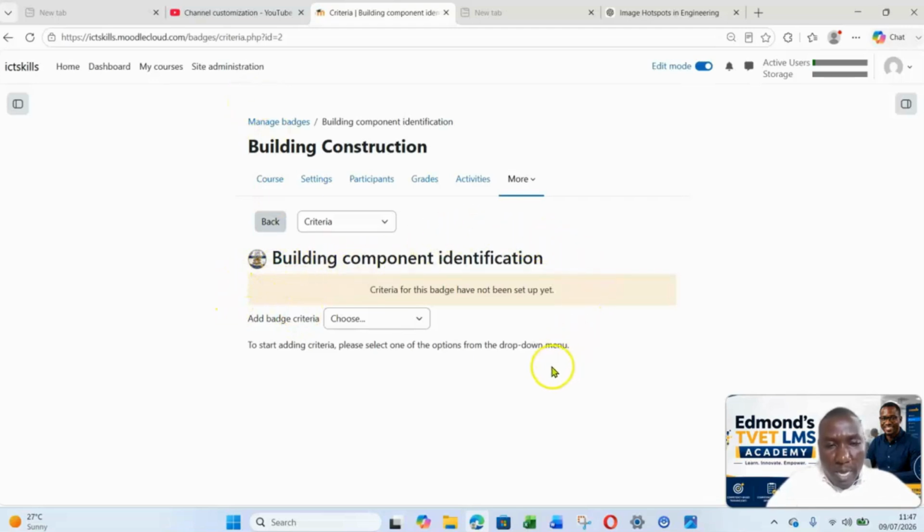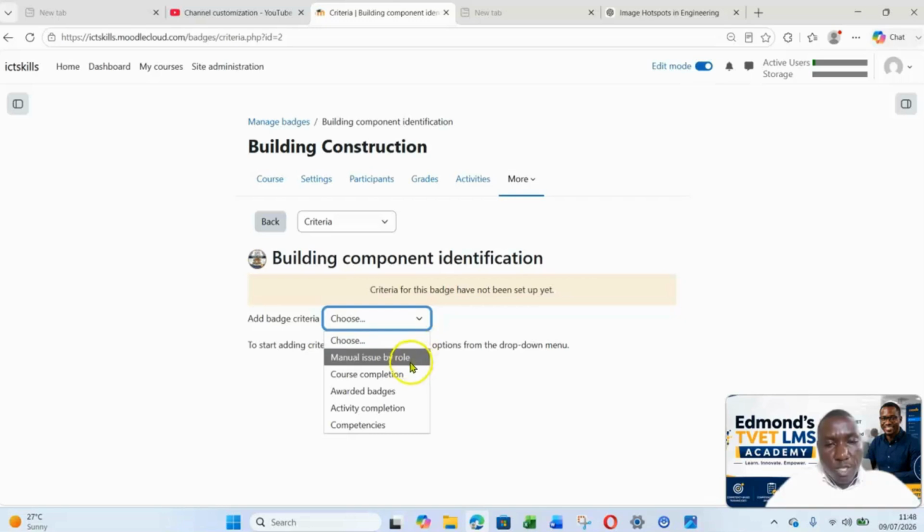We are almost getting done. The criteria for this badge have not yet been set. So we must set a criteria for one to earn this badge. Okay, so we shall come and choose the criteria. Is this badge going to be issued by role? When someone completes a course, when someone completes a competence, an activity, for mine, I'll go for